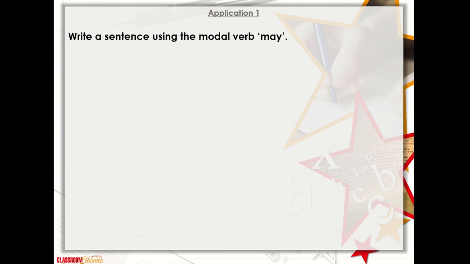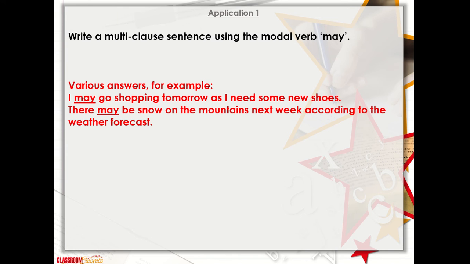So let me just go through some examples of the types of things you'll come across on our sheet today. The first one is to write a sentence using the modal verb may. Well, we know by now, we've recognized this, that may means if something may happen, it might happen. So I want you to pause this video and just come up with a sentence which uses the modal verb may.